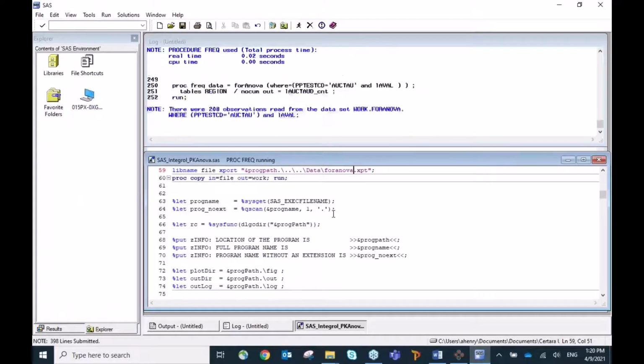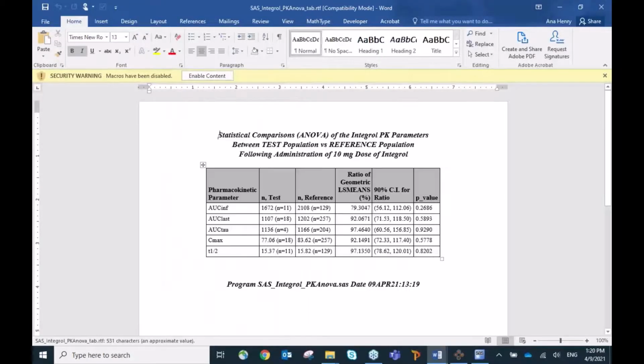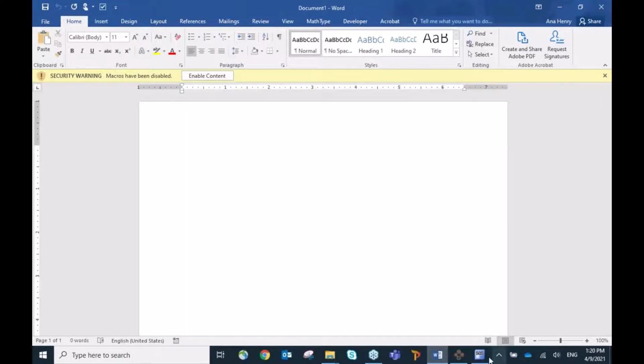And it's going to be creating a Word document for me too. This has just showed up here. So you see this is a table that I'm doing here. In this particular study, I'm doing an analysis using the mixed procedure to statistically evaluate the differences in PK parameters between regimens. One is called test and the other one is called reference in this example. Okay, so I have now all this output, and if I'm happy with it, I can close